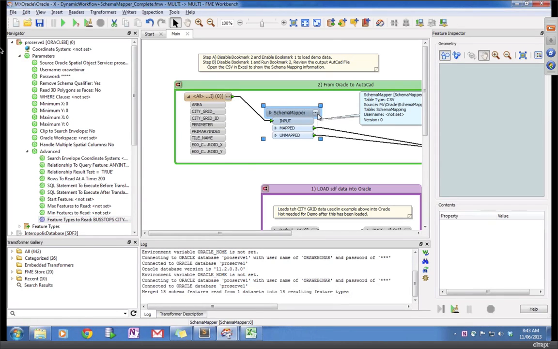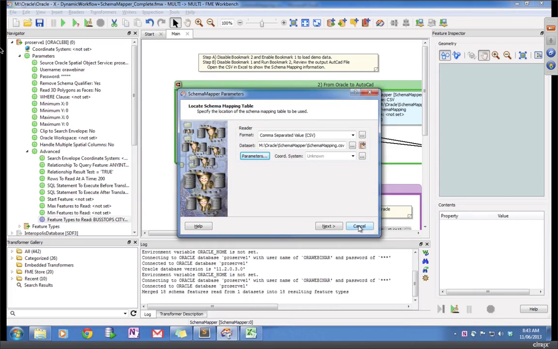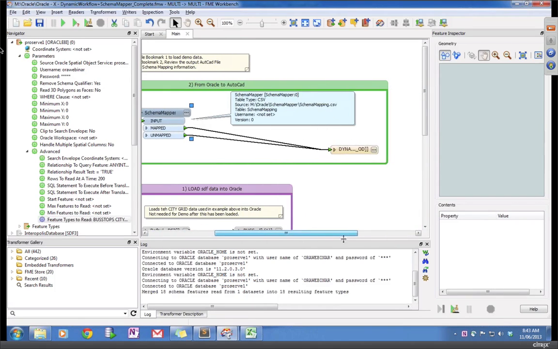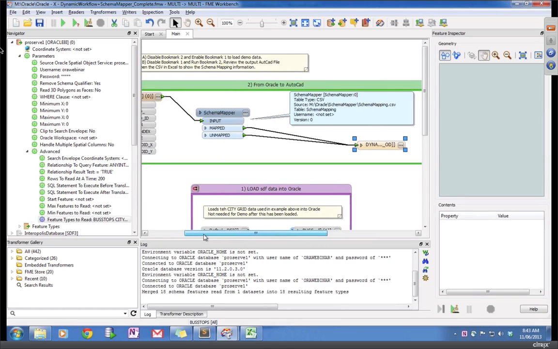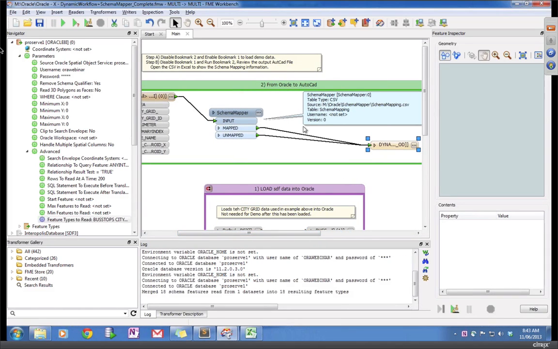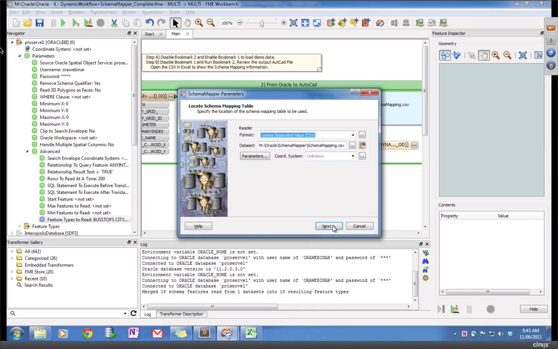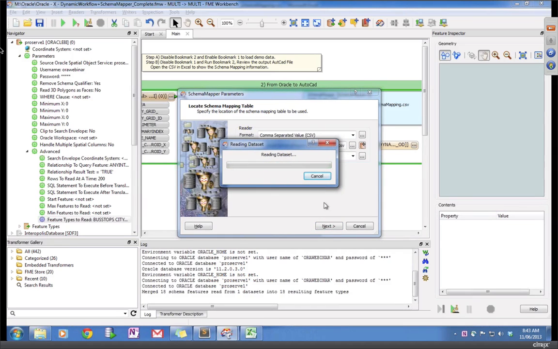And next we're going to feed those through the schema mapper, because we're going out from Oracle to a CAD file here, and we know that what's coming out of the Oracle file is not going to fit into the CAD file nicely. And what's even more important is the CAD users on the other end aren't going to see that CAD file like they would normally want to. So with the schema mapper, we can go through this and